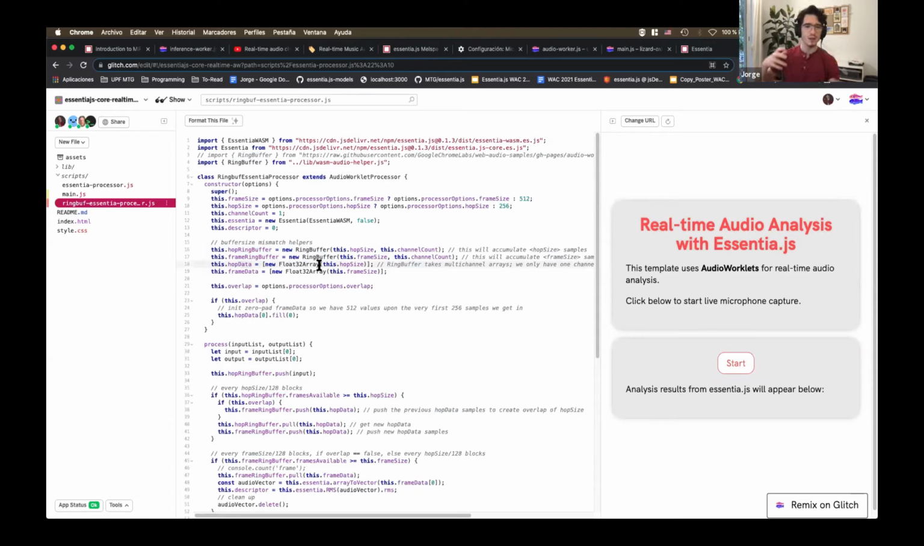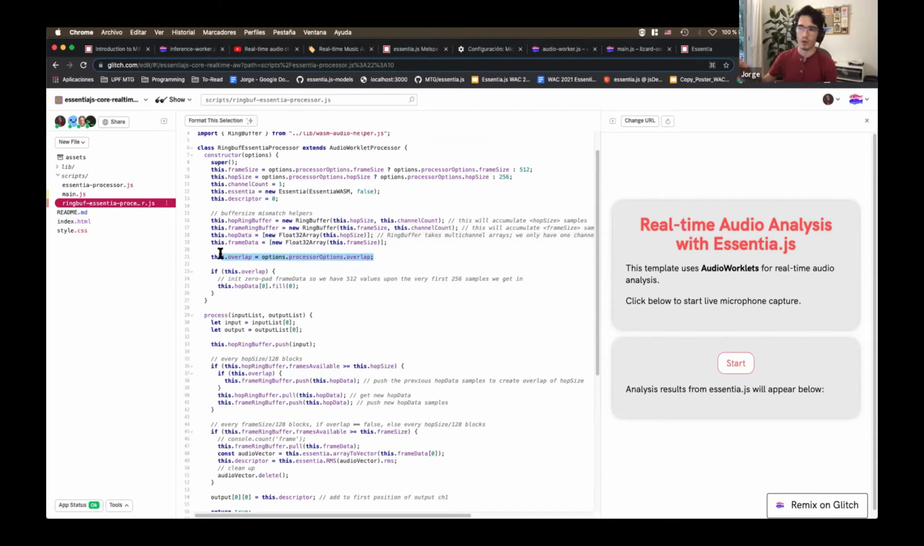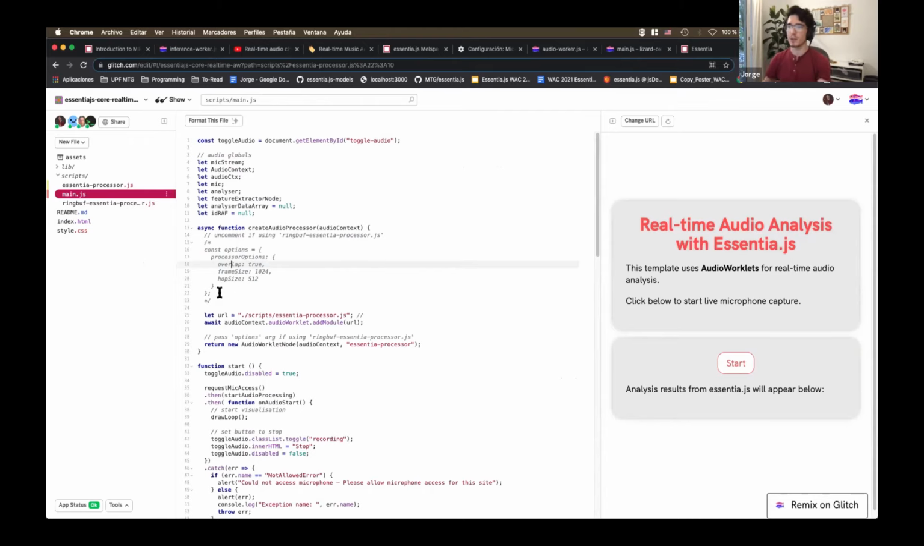Here I added a way to switch overlap on or off from the main thread. So you could send it some sort of message. If you go back to main.js, you can see you can send an options object to the processor, and you can set your frame size, your hop size, and you could set overlap to true or false if you don't want any overlap. Generally, we want some overlap in MIR. And